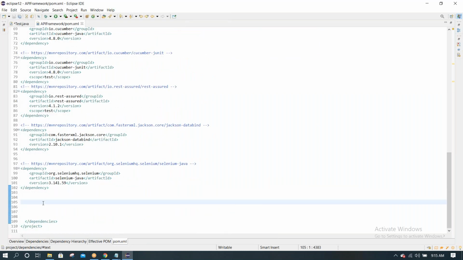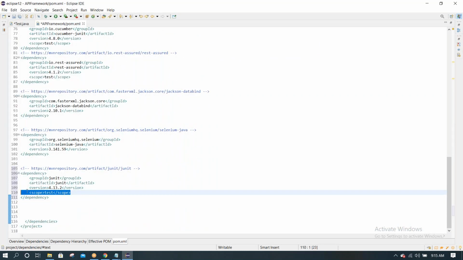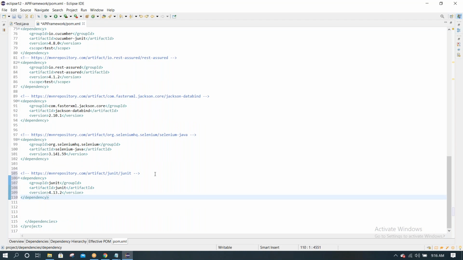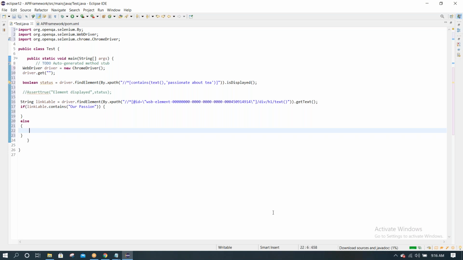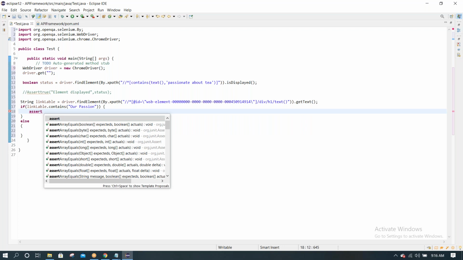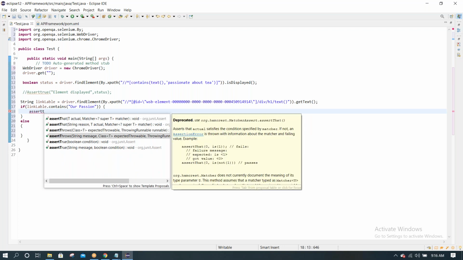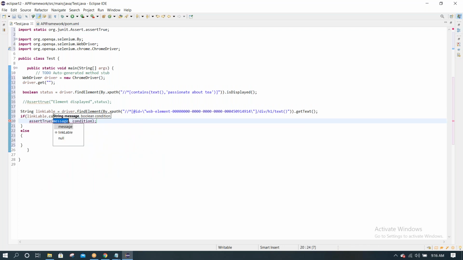Test scope is there, remove that. Downloading sources. Done. Now assert true, string message there, Boolean condition.